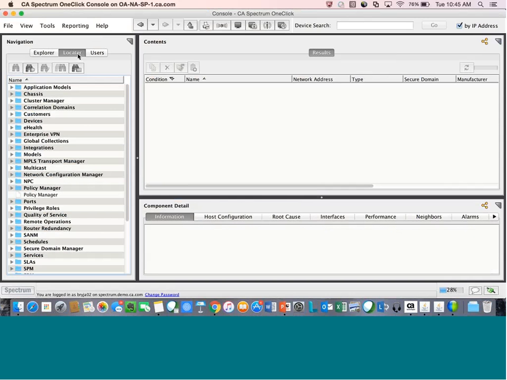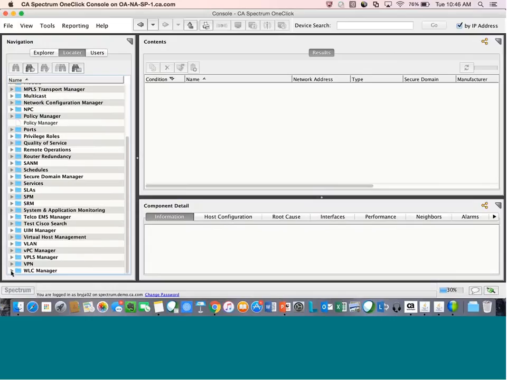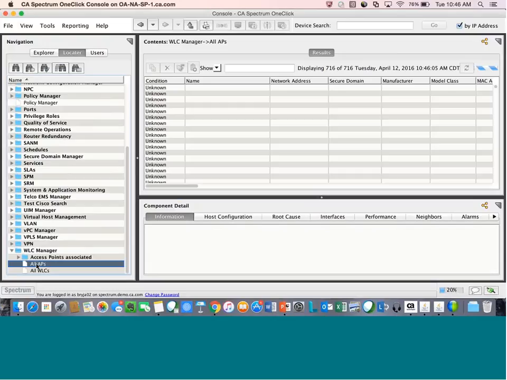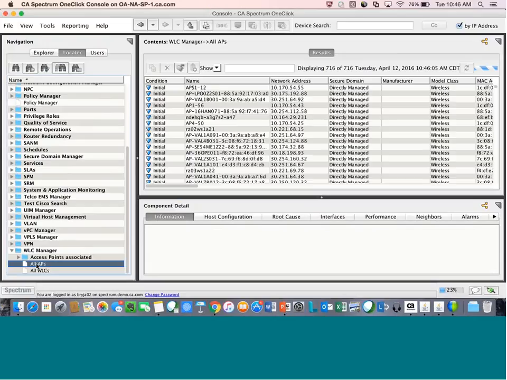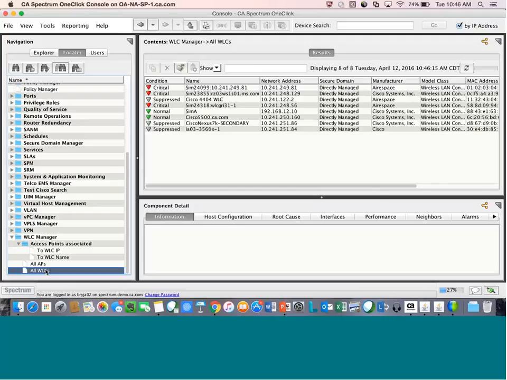And last but not least, like I mentioned, we provide some locator views here. So if I want to see all my access points within my environment, it's very easy to display that information. I may want to see one access point associated to certain LAN controllers, or maybe I want to see all my wireless LAN controllers within an environment. So again, some very good asset management reporting that we can do directly from the locator tab by selecting these and then exporting them out to CSV.